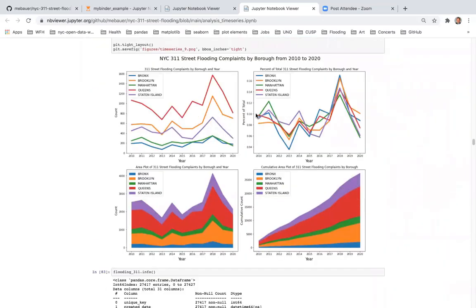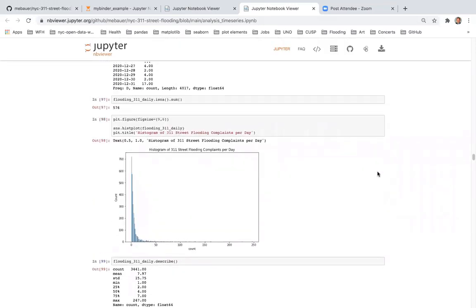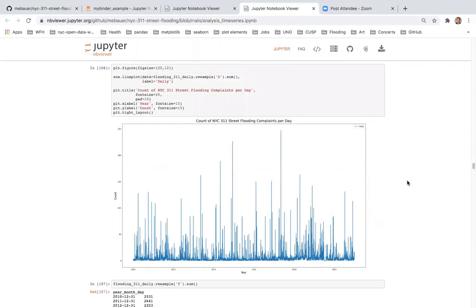So the second figure is the percentage of total within each borough and by year. So we can see that 2018, regardless of borough, was quite a big year. And then we have some area plots on the bottom. These are just some plots that analyze frequencies. This is a plot that displays the count of NYC street flooding complaints per day.